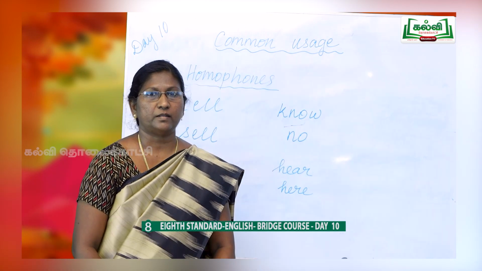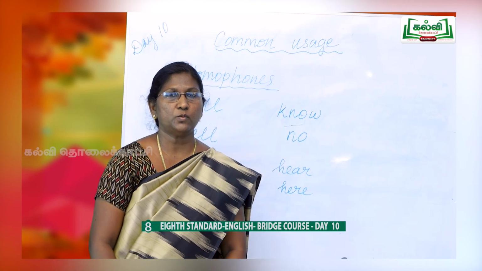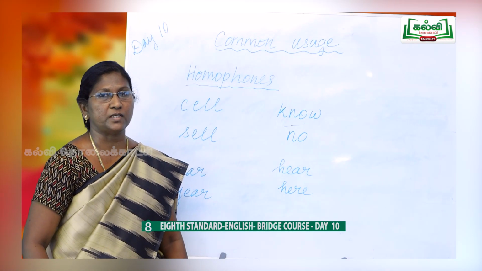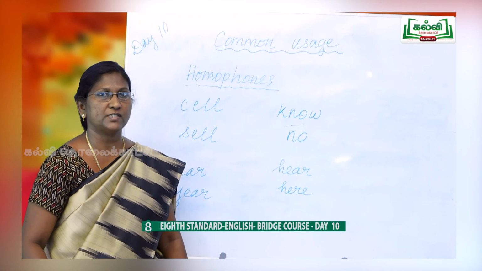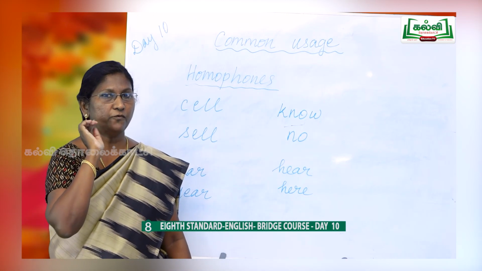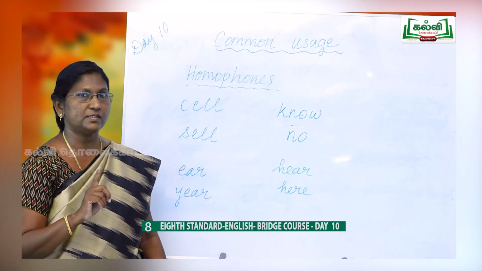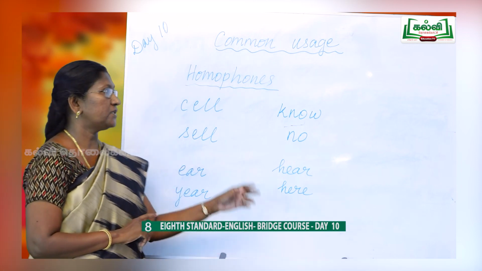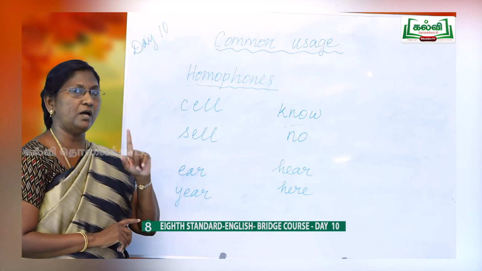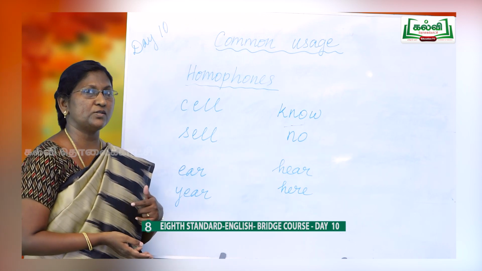The next interesting part here is homophones. So what is homophones? We already learned homonyms. I said homo means one. So homophones. Phone means, through a phone you will hear the sound. So phone means sound. Homo means one. So one sound, or you can say same sound. So here two words having the same sound, one sound. The sound is the same, but words are different and their meanings are also different.